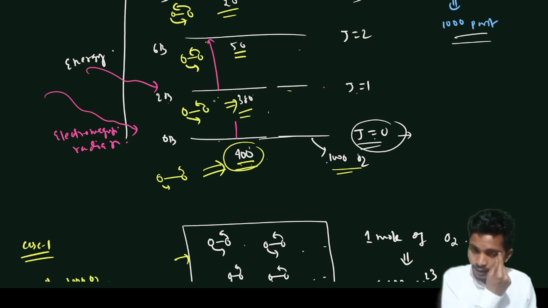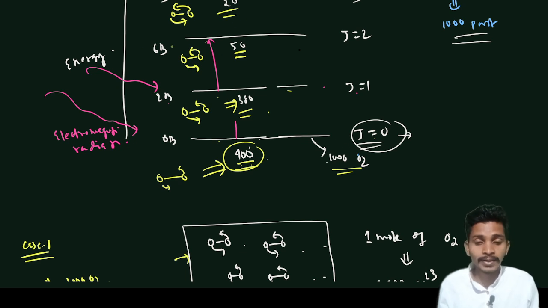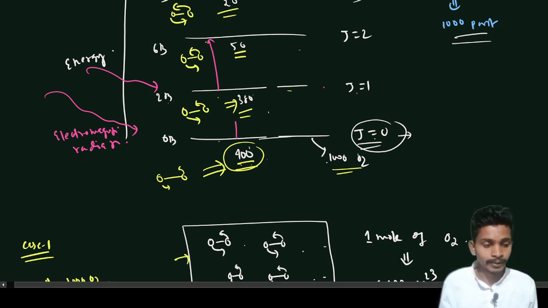And if you go to j equal to 1, at that time also you get an equal number as the ground state. But again, if you go to higher energy, the number of molecules will be very small, so they absorb very little, and we find very low intensity. Okay,